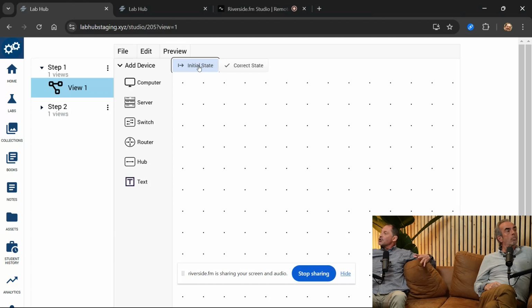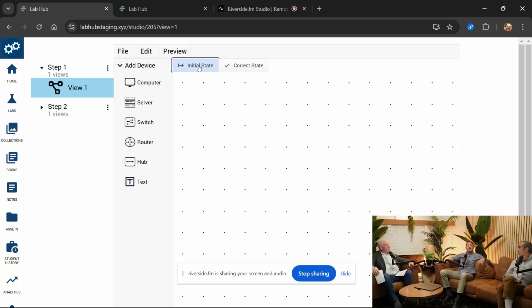Or you can have it partially configured so that you're only focusing on one particular task, like configuring a router or configuring the switch properly or something like that. So you can do really whatever you want. You can have the student start from scratch or start from an already configured